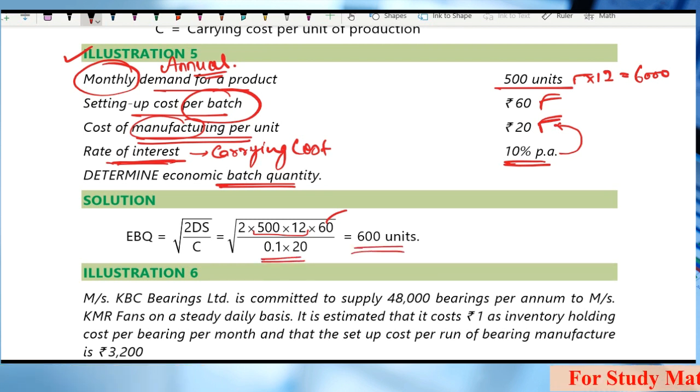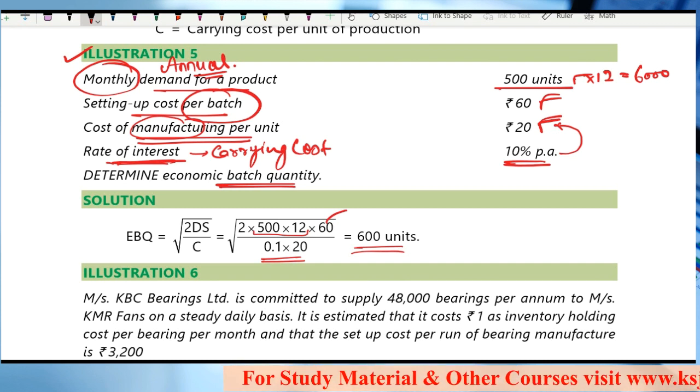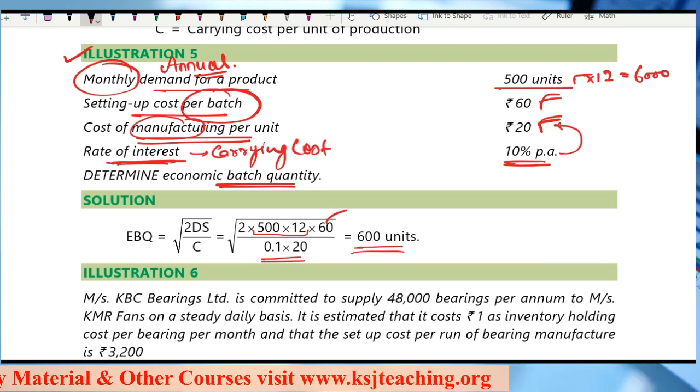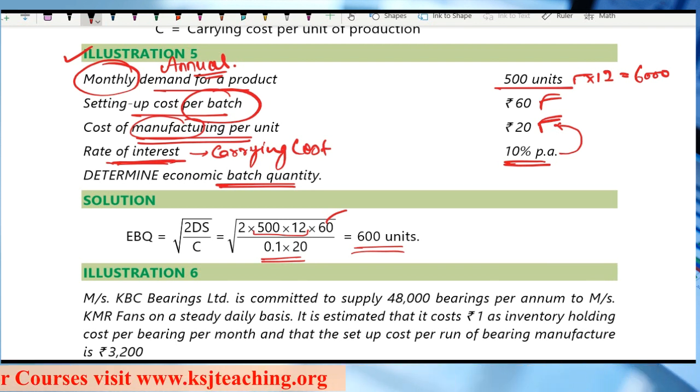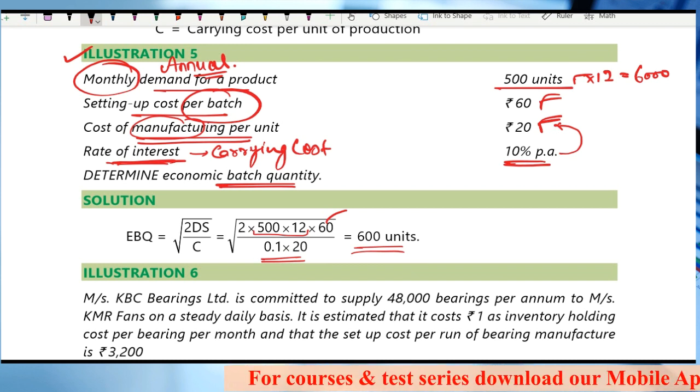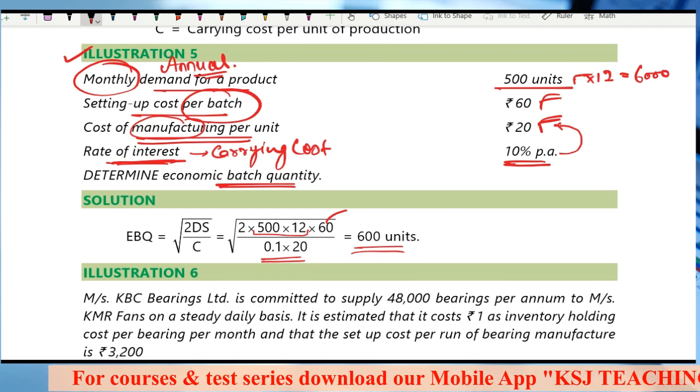Simple. The only thing that you need to do is read the question very carefully, because that is one point where you people commit mistakes quite often, right? So you need to be very careful with this thing, right, sir? So question number 5 is done. Let's move on to question number 6.